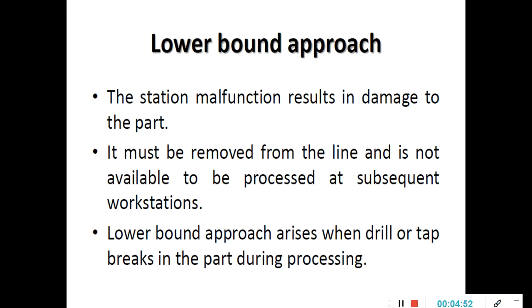We are assuming that the workpiece has very tough material so that it is not going to be machined very systematically, or it is a very soft material so that maximum unwanted material is going to be removed with the help of the tools, or it may be some other problems related to the workpiece. If the problems are related to the workpiece, we are assuming that we are removing the work material from the workstation, and that type of approach is known as a lower bound approach.